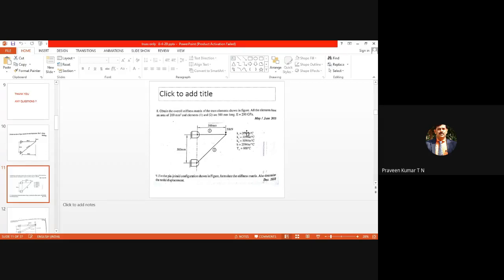In heat transfer, you are required to know the thermal conductivity matrix, K1, K2. Those values are required for finding the thermal conductivity matrix. For element 1 we require K1, and for element 2 we require the thermal conductivity of element 2. Like that, you require H also, and the surrounding, ambient temperature. That is not related to the truss problem. These values are not required for the truss. There is a typing mistake here.